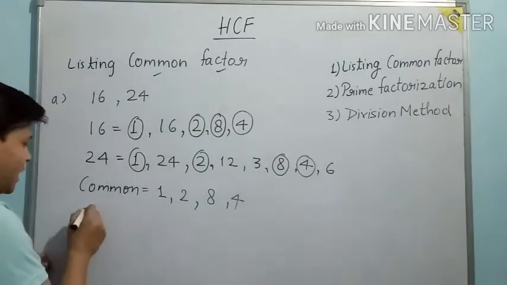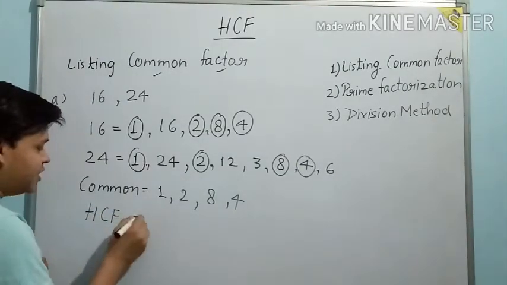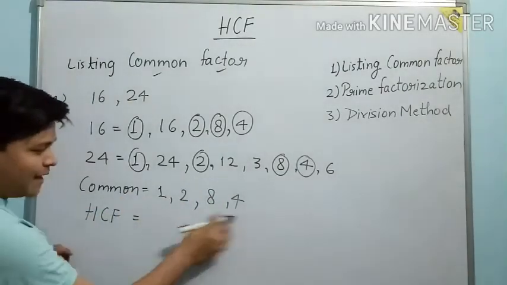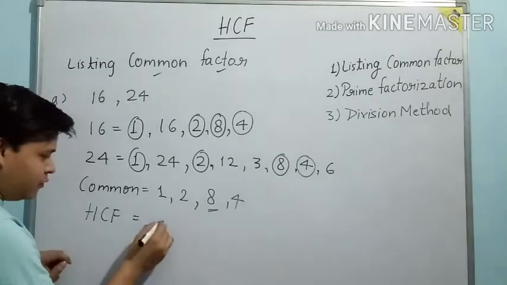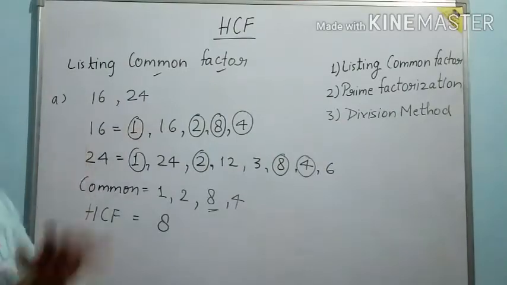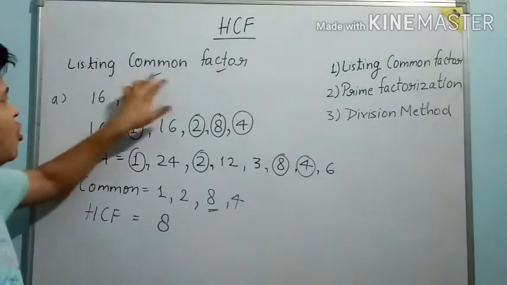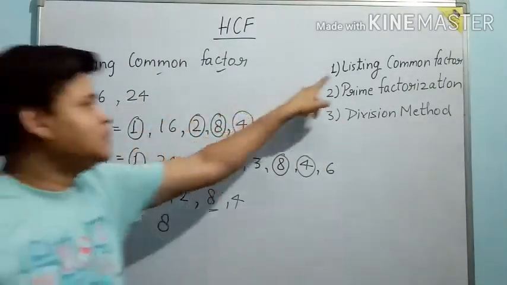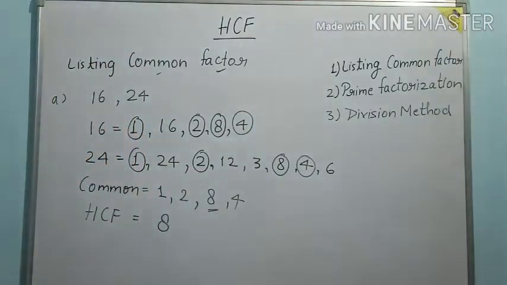Now let's write down the highest factor from these common factors. So highest we all can see, what is 8. So we will write here 8 is the SCF of these two numbers, 16 and 24. So this was the listing common factor method. That means first one. Next one is